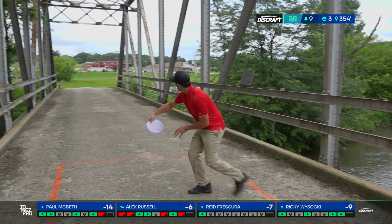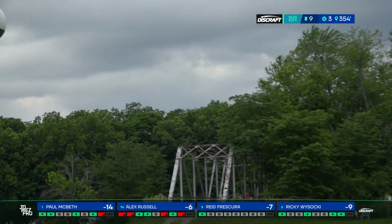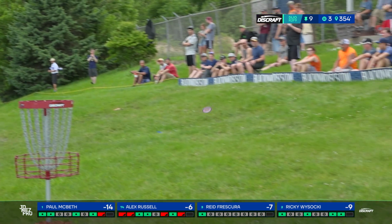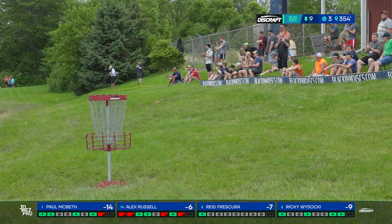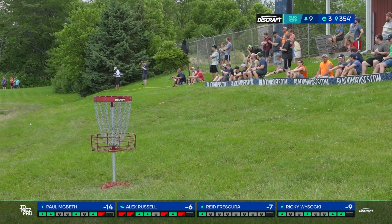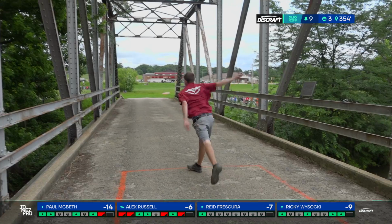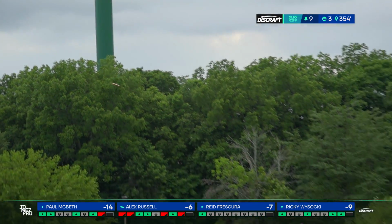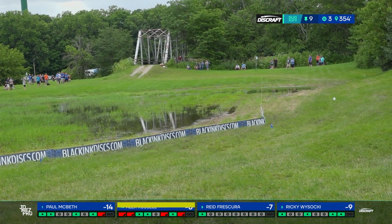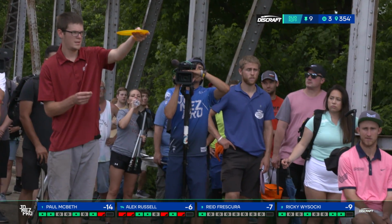Do you want to share your Nathan Queen story? My buddy Nathan Queen from North Carolina, he's a lefty. Doesn't really throw forehands. I asked him what he was doing on this hole, and he was very honest and said that he's going straight to the drop zone. So shout out to Nathan Queen for admitting that this is a very difficult hole for a lefty without a big forehand. Oh, no. Oh, no, and this is just...